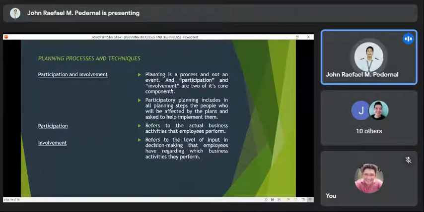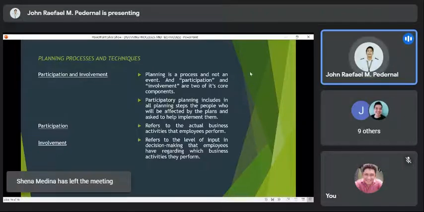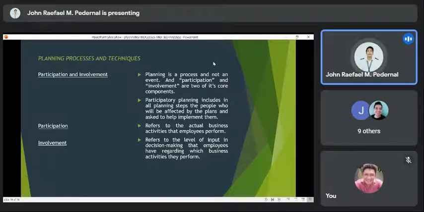So, yung dalawa po, si participation sa involvement, kung ikukumpara po natin sa halimbawa, isang example, lalo sa mga trending na online games ngayon, sa Mobile Legends po, may tinatawag tayong core doon. So, pinuprotektahan si core sa gitna ng laban, kasama niya si Tank.